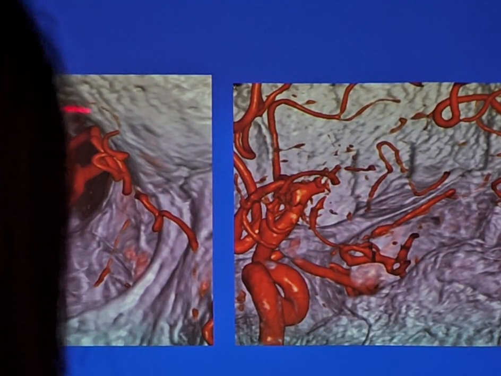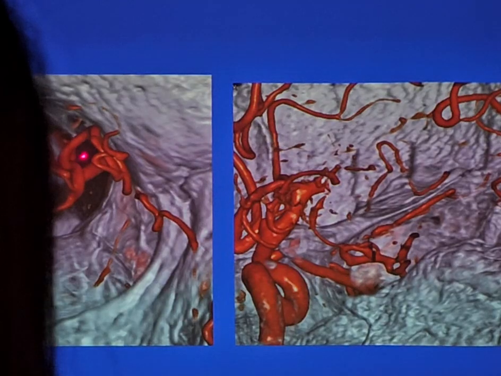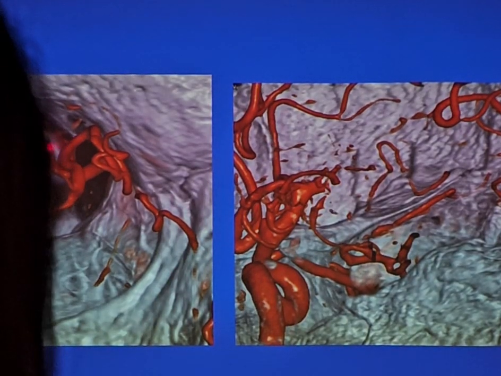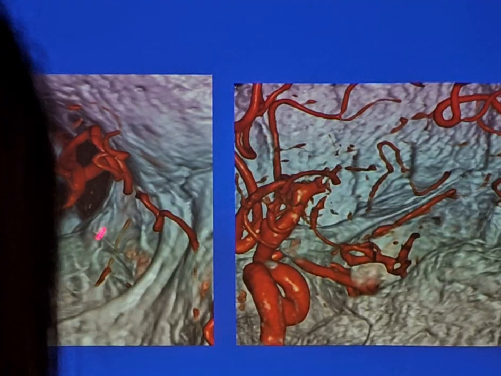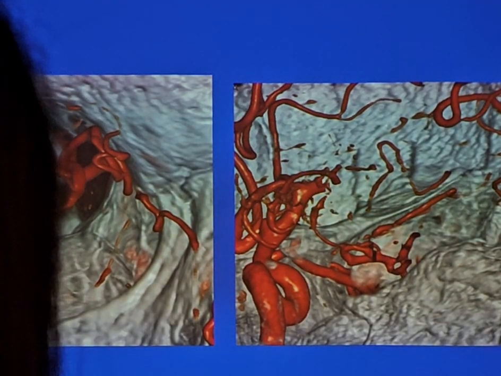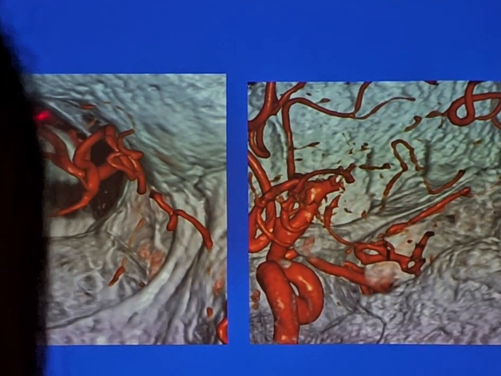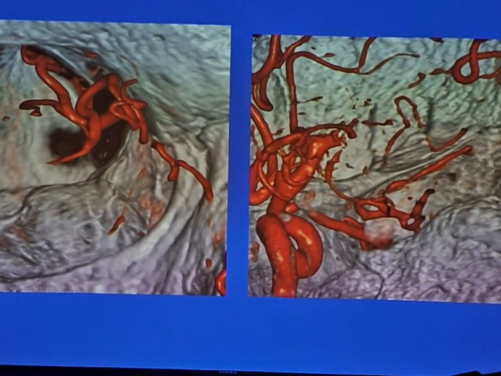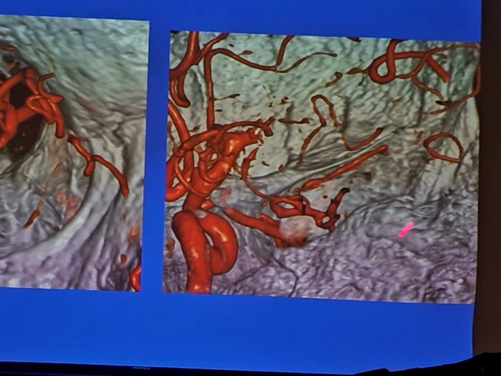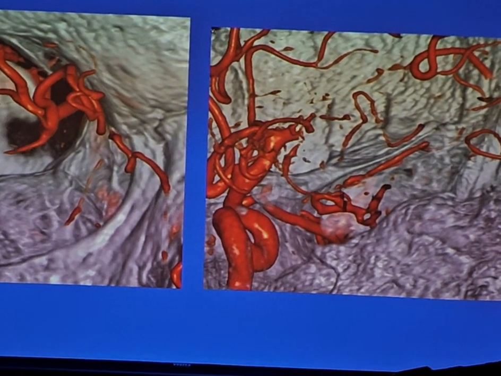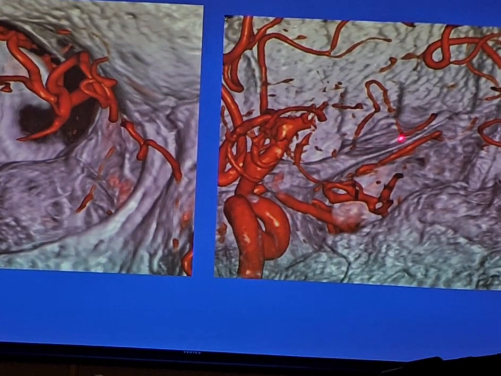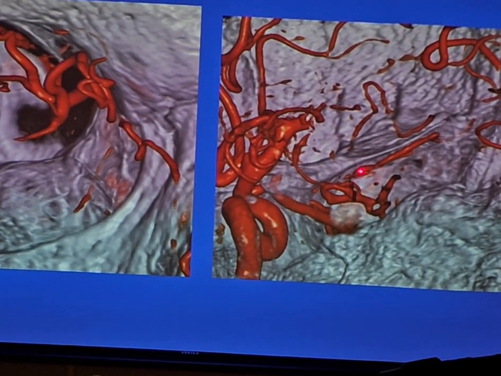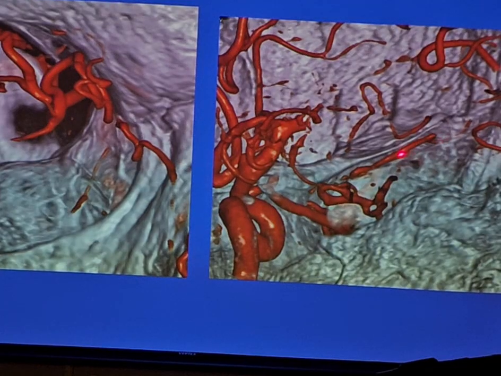Same thing, looking through the orbit, and you can see, just to show you the vessel going through the superior orbital fissure. So this is medial, this is lateral, optic foramen, superior orbital fissure, and there's the branch going through the fissure. And if we look from exactly the opposite direction, so this is posterior, there's the anterior clinoid process, there's the lesser sphenoid wing, and here through the superior orbital fissure comes the middle meningeal